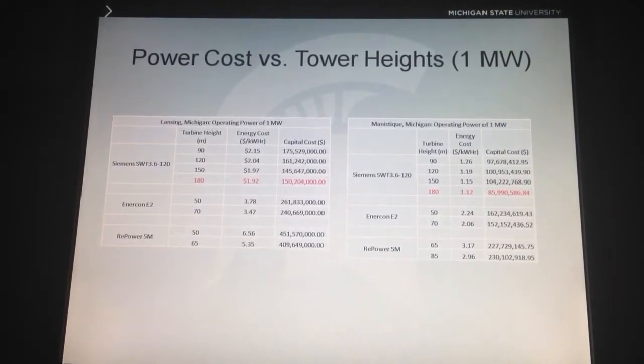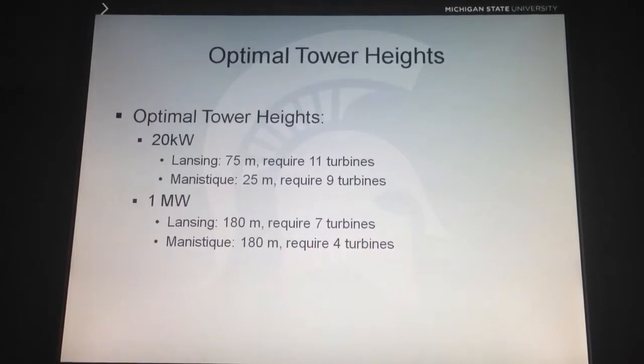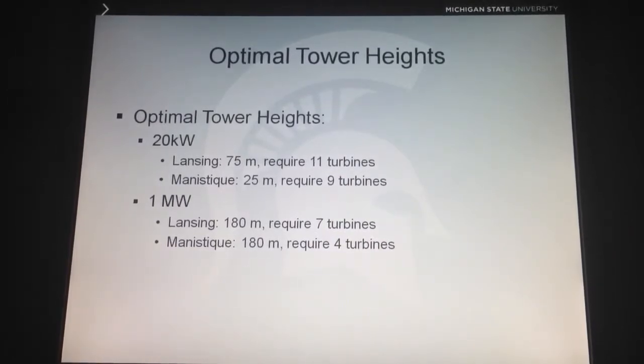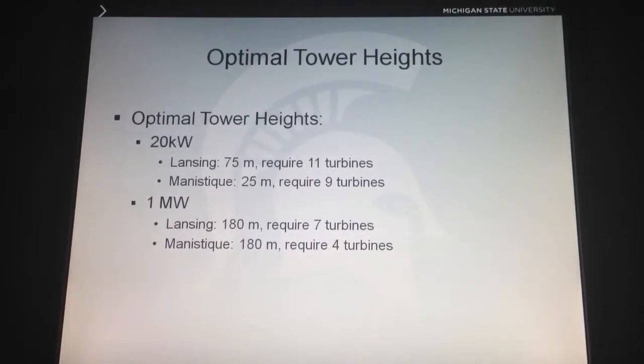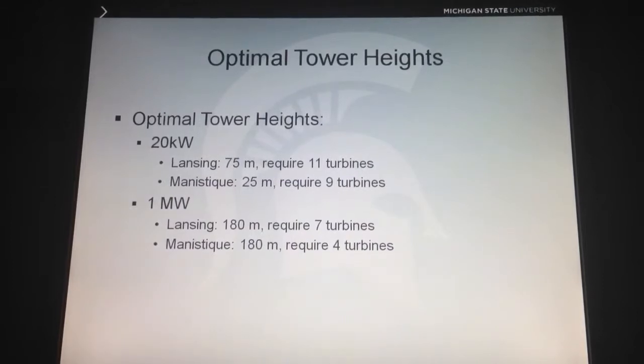at 180 meters. The optimal tower heights for the 20 kilowatt system in Lansing was 75 meters and Manistee was 25 meters. For the 1 megawatt system in Lansing it was 180 meters and Manistee was also 180 meters for